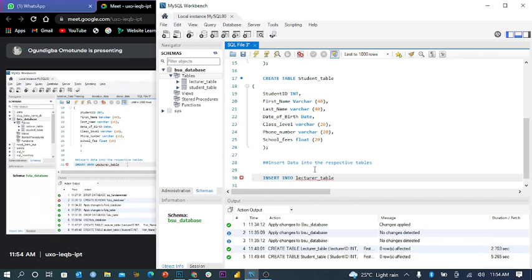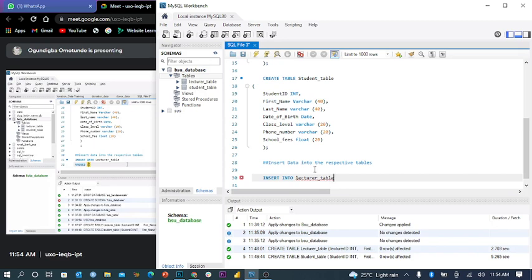Now I went to get the name of the table. So I want to insert the details that will be in the lecturer table, the details the vice chancellor gave me and he wants me to put into the lecturer's table. So now I've told SQL I want to insert. Then after doing that, you specify that you want to insert, and you open your bracket, you close it, then you come into the bracket to define it.